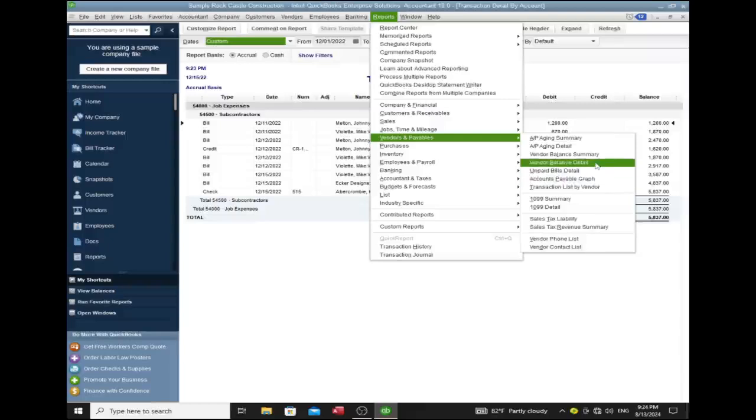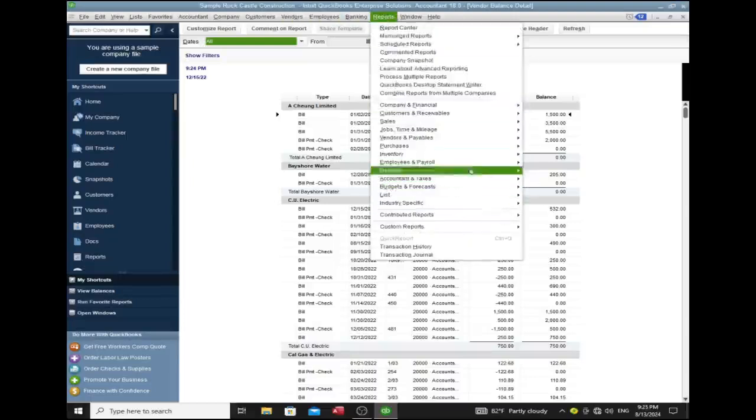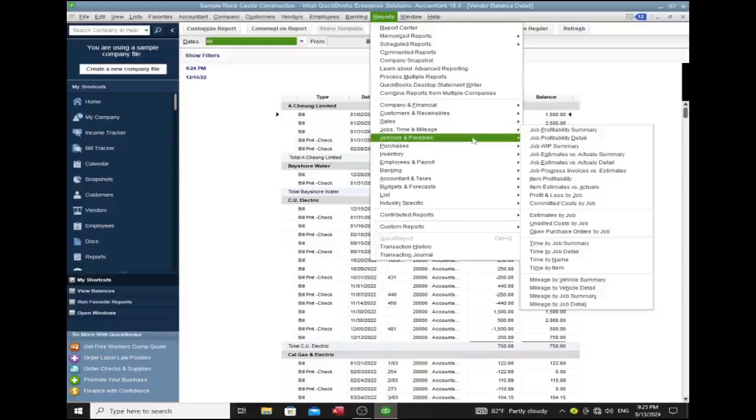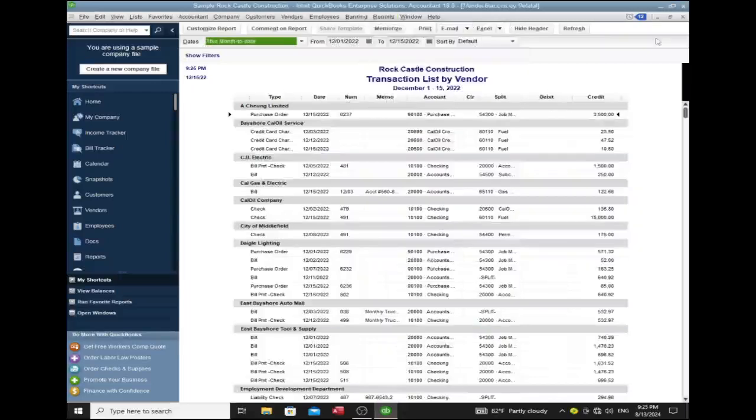You can see this report provides a summary of how much you have spent for each vendor. This is the vendors balance detail report. These reports in vendors and payables help you to understand how much you have spent with each vendor. So that is how to open the vendors and payables report. By regularly reviewing these reports, you can keep track of your spending, identify areas to cut costs, and ensure your